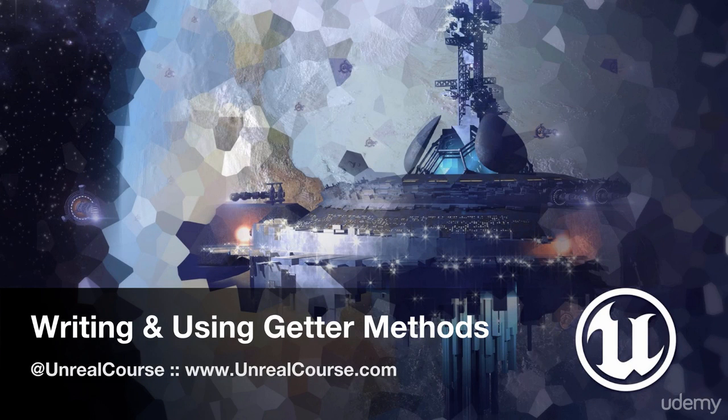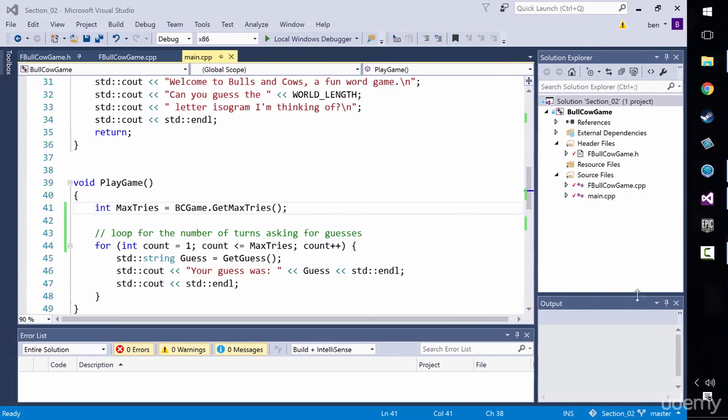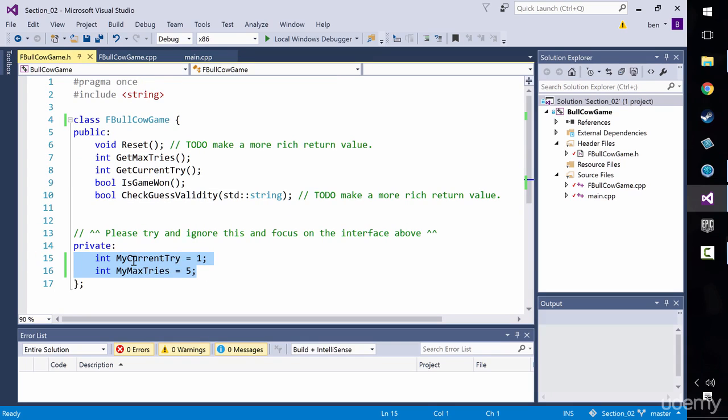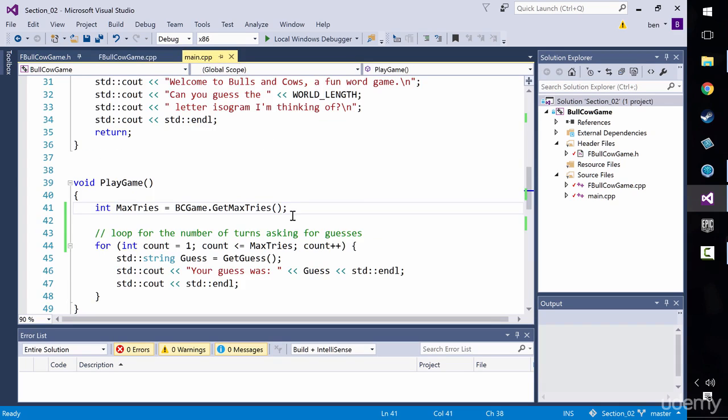Hey, so in this video we'll be writing and using getter methods. I'll tell you what a getter method is. We'll explain why we never access these member variables that we have over here directly. We will initialize these member variables with these numbers on the end, and then I will be showing you how to access things like the maximum tries using the getMaxTries, and we'll actually implement the getMaxTries getter so that we